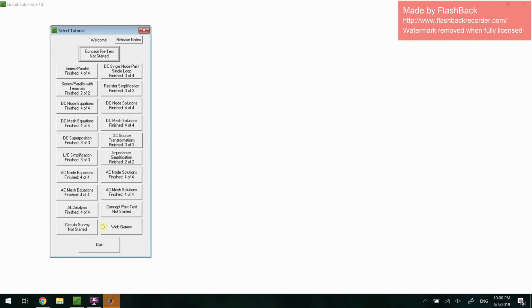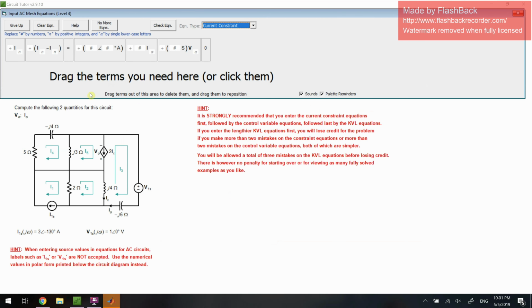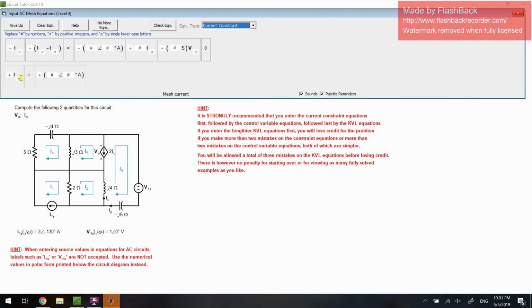Alright, so this is a tutorial for AC mesh equations, a mastery level problem in Circuit Tutor, in hopes that this will address any bugs that you could encounter on any of the other levels. So the first thing you do is a current constraint, and that's always around any given current supply. So we can look at I1S, and we see that it is moving the same direction as current I1. So all we have to do is assign current I1 to the definition of I1S, and that is our first